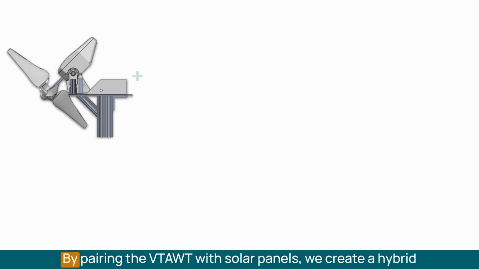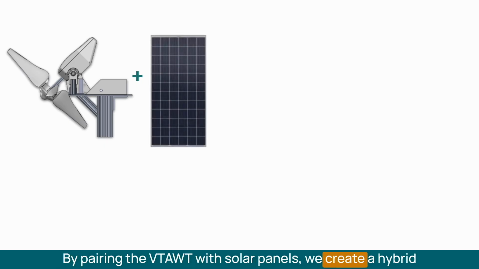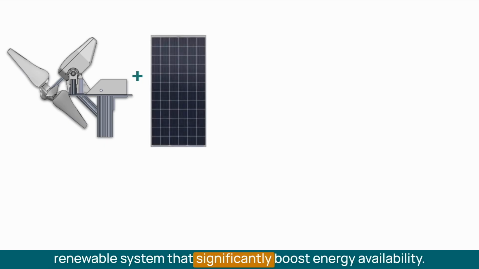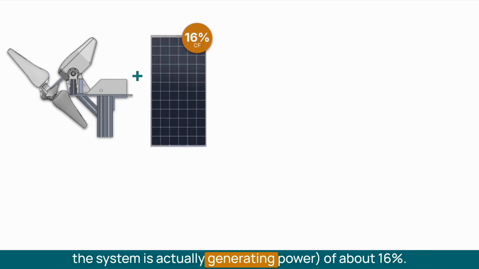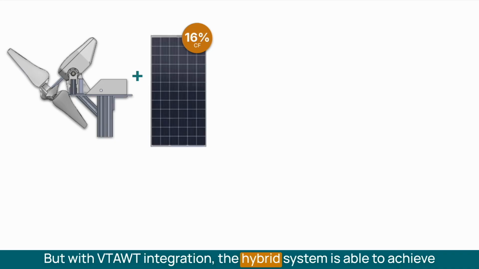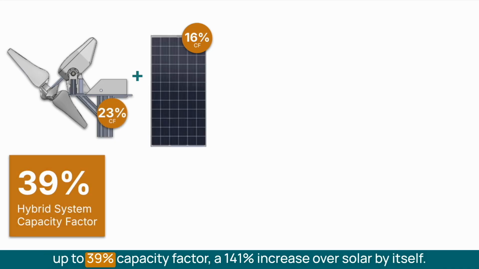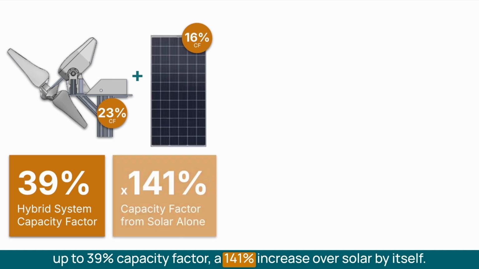Here's where the system becomes truly impactful: real-world rural electrification. By pairing the VTAWT with solar panels, we create a hybrid renewable system that significantly boosts energy availability. Solar alone has an average capacity factor, how often the system is actually generating power, of about 16%. But with the VTAWT integration, the hybrid system is able to achieve up to 39% capacity factor, a 141% increase